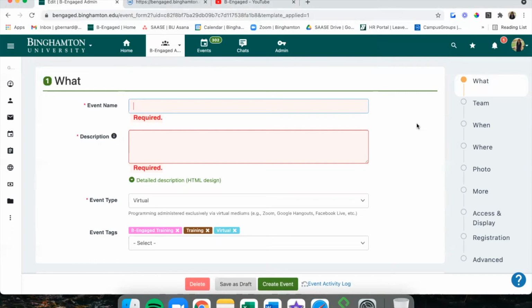Event tags are not required, but they are super, super helpful for getting your events more exposure and actually affecting change at the university. So what I mean by that is that students who go into Be Engaged can find events more easily based on event tags if they're in the events calendar, because they can filter by tags.